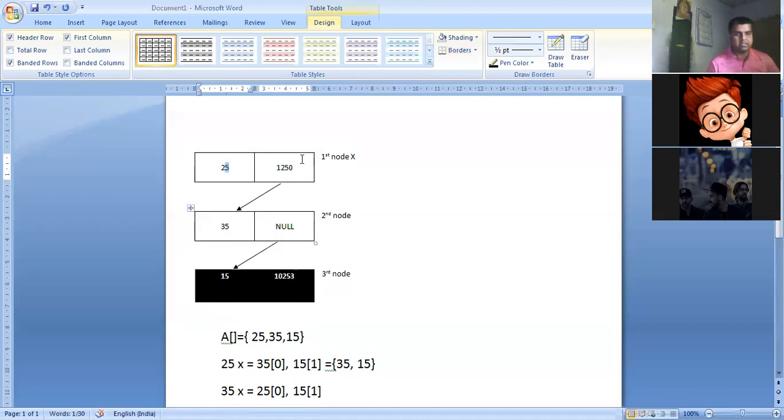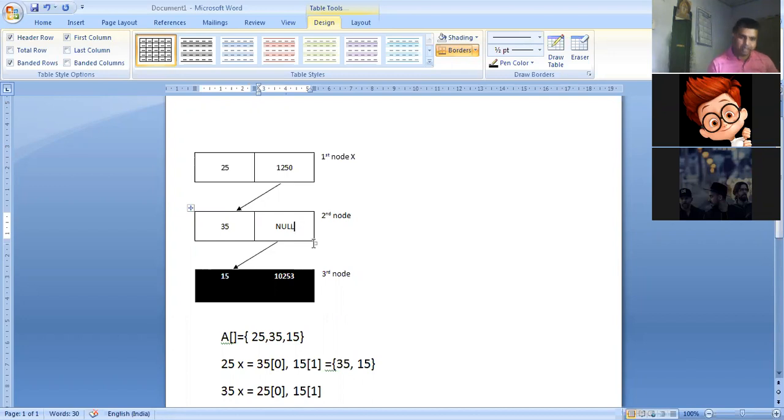Just the change that is occurring is that again the data values are not getting shifted into the consecutive nodes. Okay, your memory addresses are getting changed minorly because right now your last node has been deleted. That means this particular node where the 35 has been stored, beside that the address value will become null. Okay, when this becomes null, it represents this is the last node of the linked list.